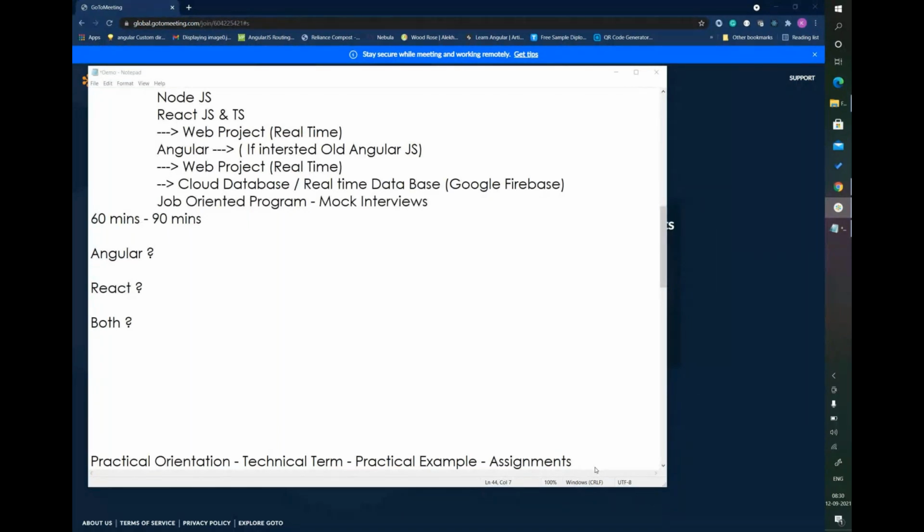If you don't know, please type "don't know" over the chat window, and I'll give you the clear picture.